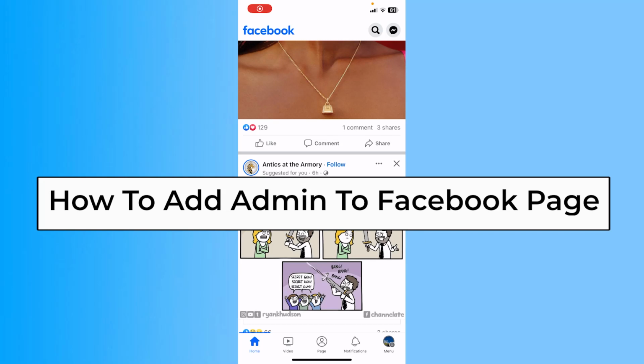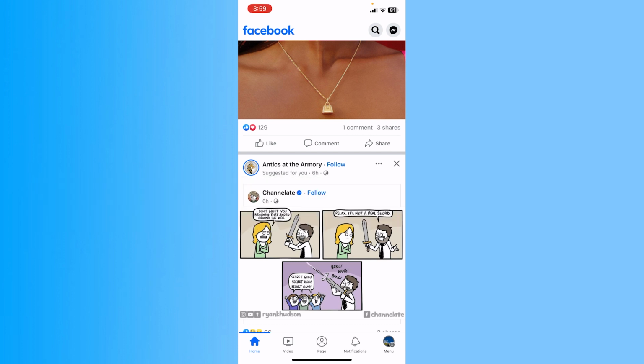Today I'll teach you guys how we can add an admin to your Facebook page. An admin is going to have access to every single activity on your Facebook page. So if you're okay with that, then you can click on menu at the bottom right of your screen, and